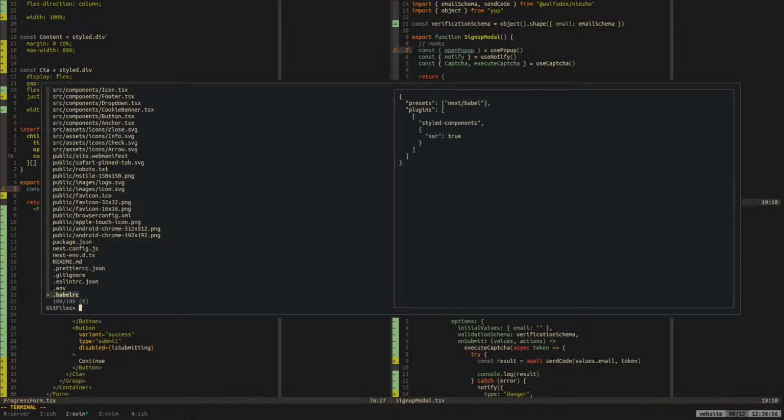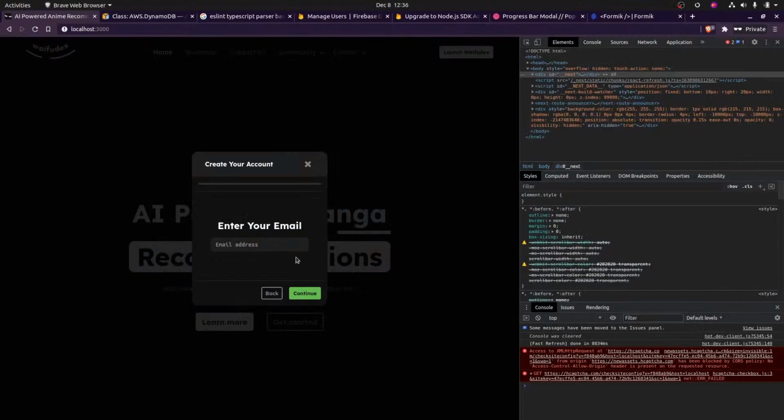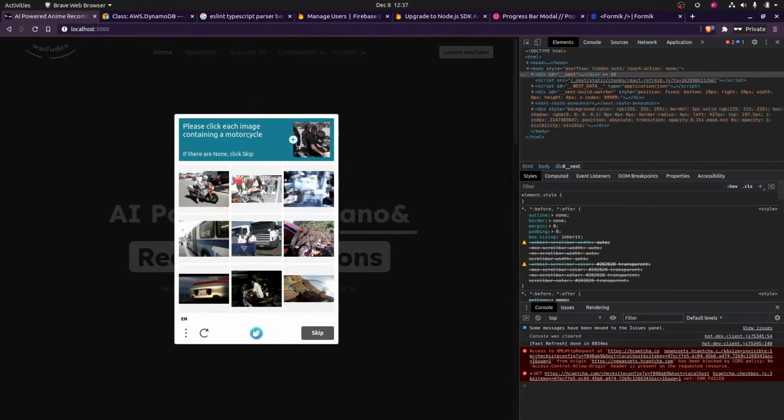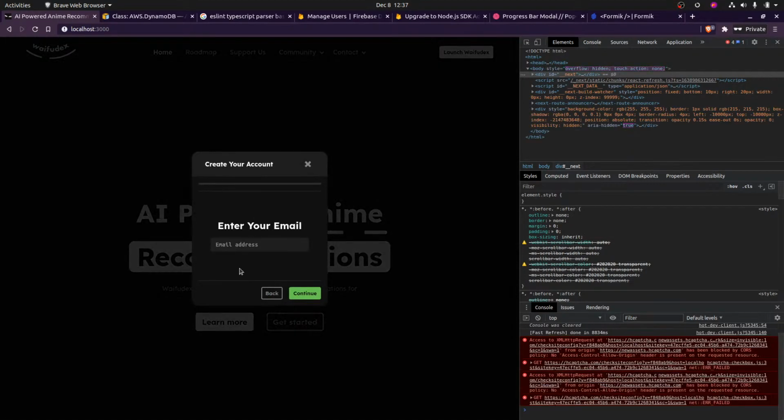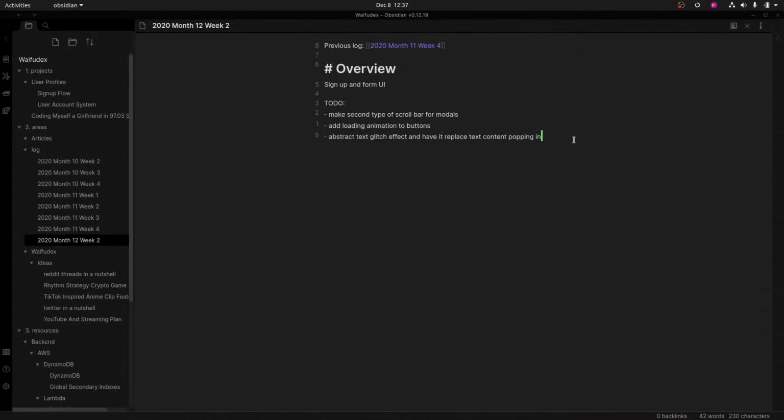Now what we gotta look at is animating. Oh yeah, that's what I was gonna say. I wanted these, as you type in your thingy and you click continue, it's like a hidden type of CAPTCHA. But that's a problem right there, it's a small bug: if you cancel the CAPTCHA, then it will close the pop-up, which I don't want to happen. Actually, I need to write that down, which should be interesting. You know, notes and stuff.